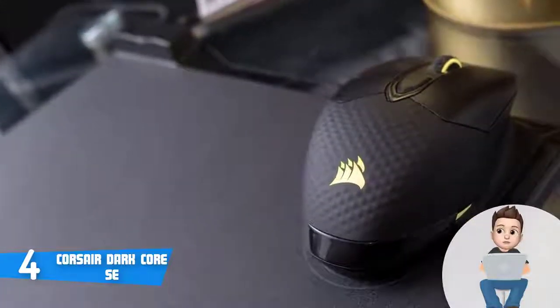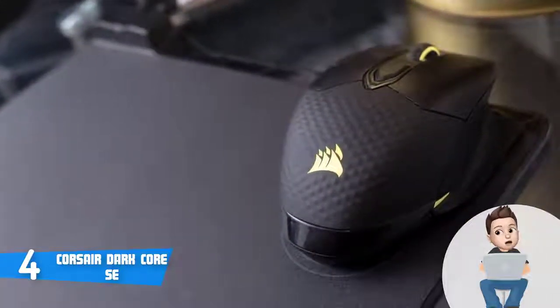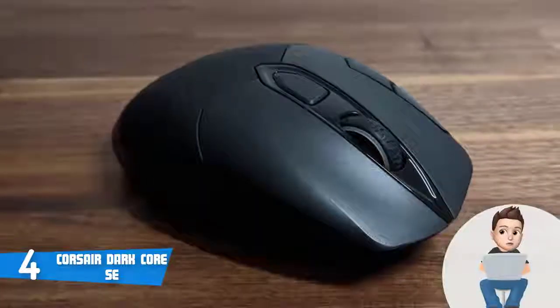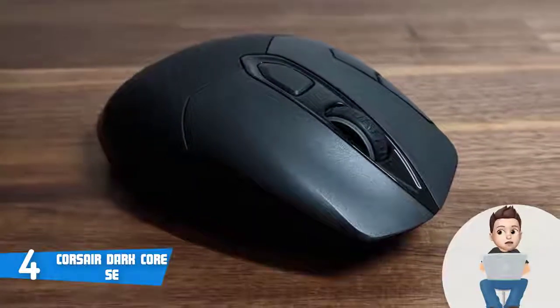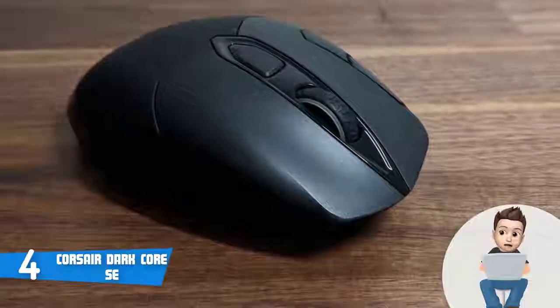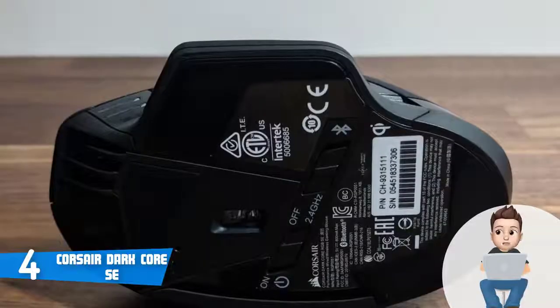In addition, you can download Corsair's utility engine software as well, which will give you an opportunity to assign macros, and adjust the RGB lighting as you prefer, and once you do these things, everything will be saved on the dedicated onboard storage that this mouse has, so you won't have to adjust them all over again every time you